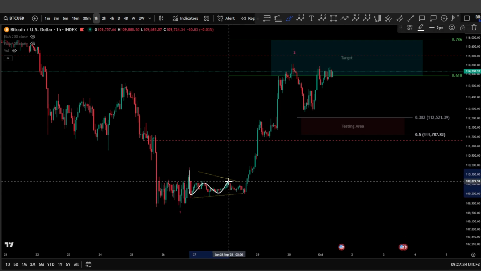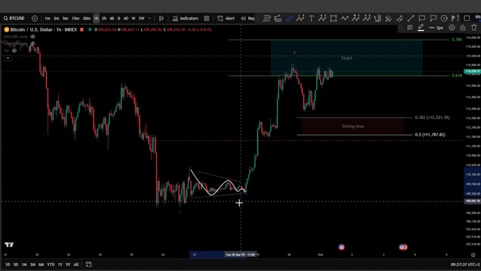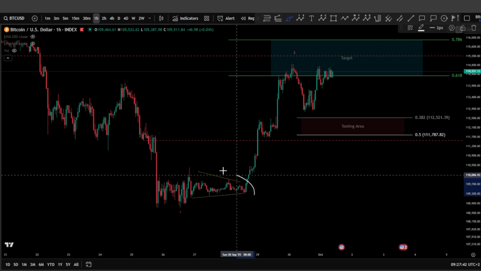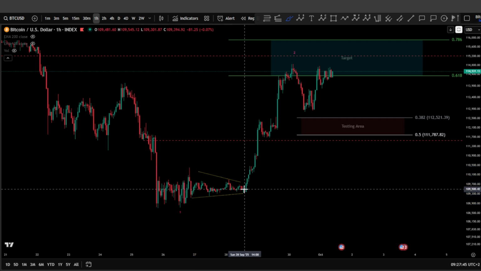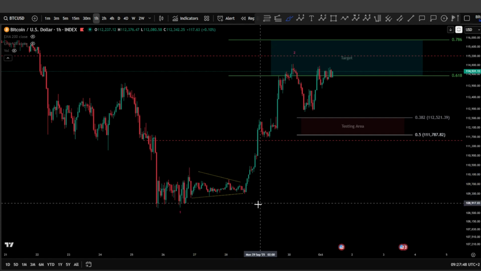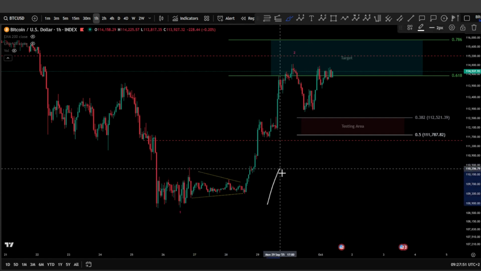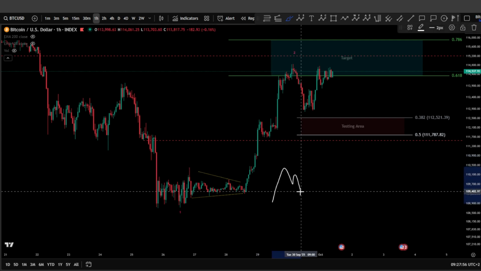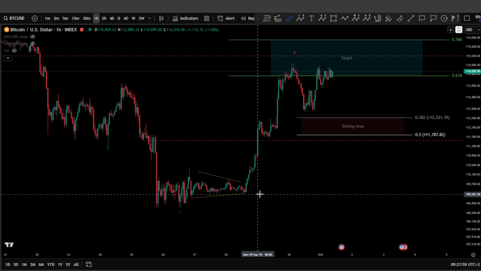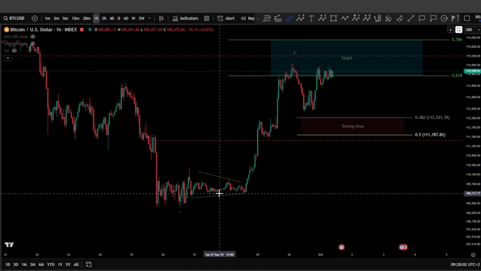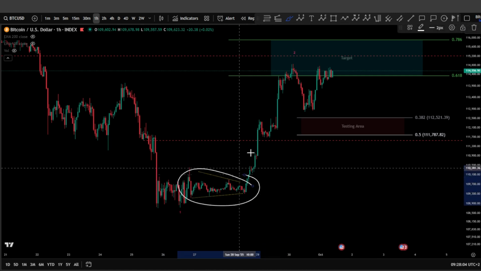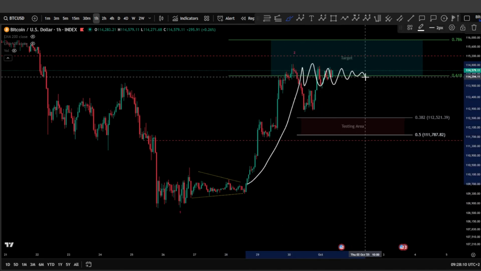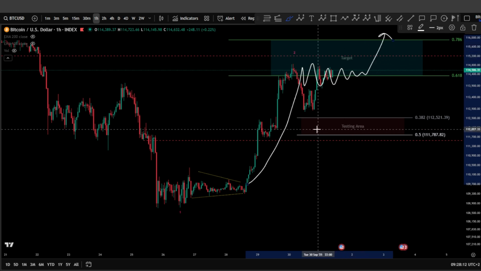Wave Y can be a triangle because anyway, you're not allowed to have a triangle in a wave 2. So we have to consider it at least W, X, and Y, very complex, which is a very rare scenario to have a complex structure in a wave 2, because when you are bullish, you move confidently toward the upside with a 1, 2. Therefore, 1, 2 is preferably a zigzag, preferably a flat, a very simple structure and not a very complex structure like this one, because a complex structure normally appears after a massive move, where the price starts to range sideways to find the correction, and then of course moves toward the upside.